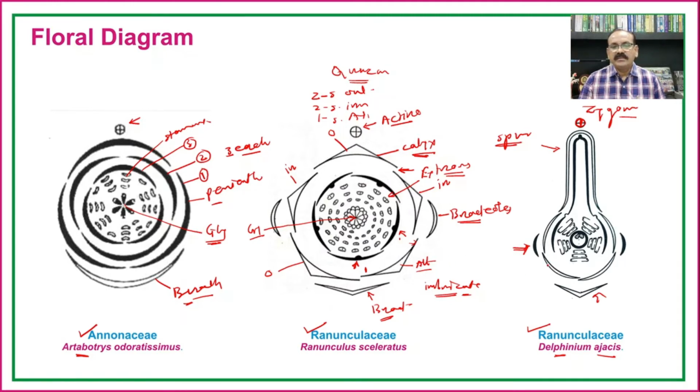Again the sepals are free, in which two sepals are outer and two sepals are inner. Again it is a quincuncial type of aestivation,